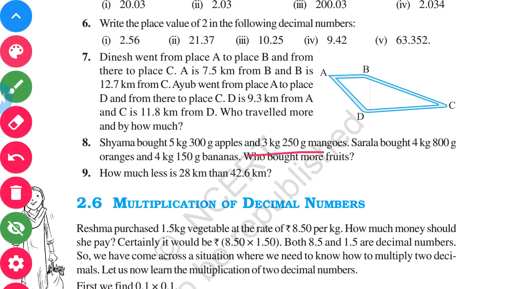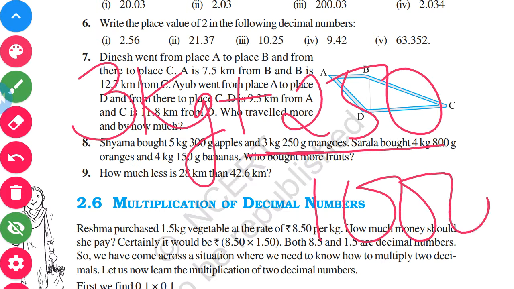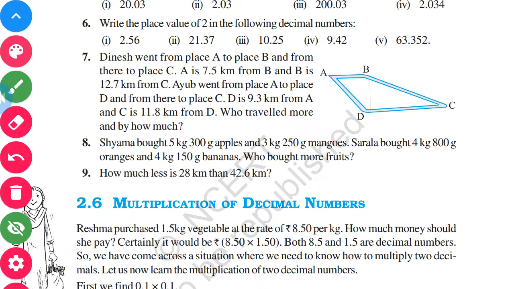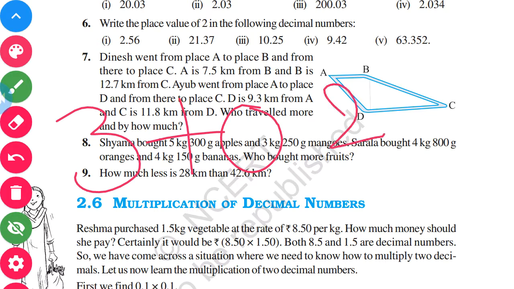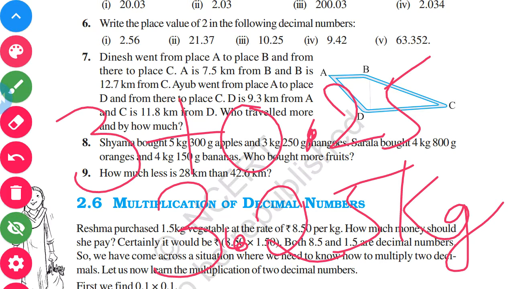Now this is 3 kg 250 grams. So how will I convert 250 grams into kg? 3 kg will be as it is. 250 grams I have to convert into kg. So again the 0 will get cancelled and 25 divided by 100 is nothing but what? I will write 3 plus 25 by 100. After the point, 2 digits will come. So 25 is already 2 digits, so no need to add any zeros here. So it is 3.25. Okay, this is what you're going to get in terms of kg. Earlier we had found 5.3 kg, here it is 3.25 kg.